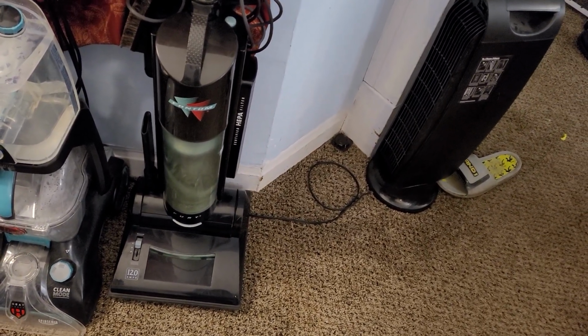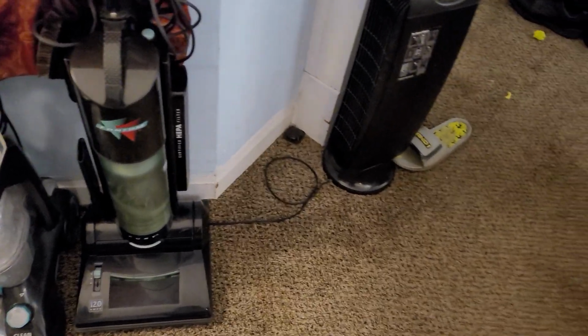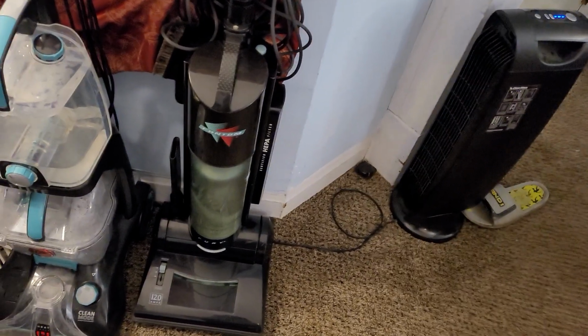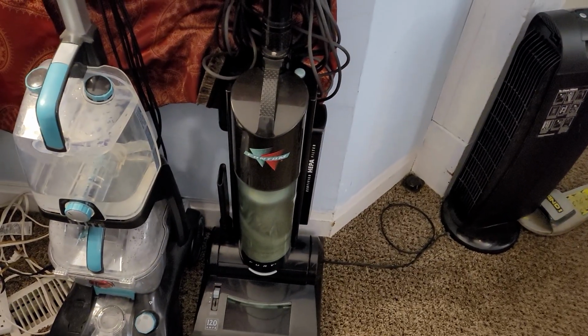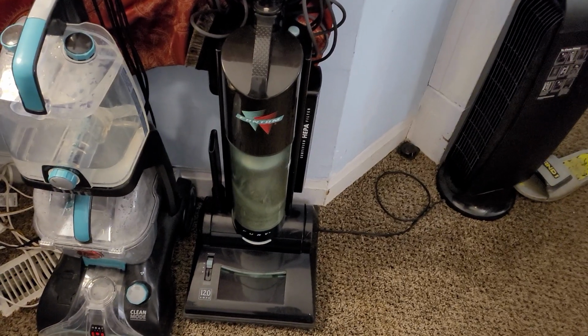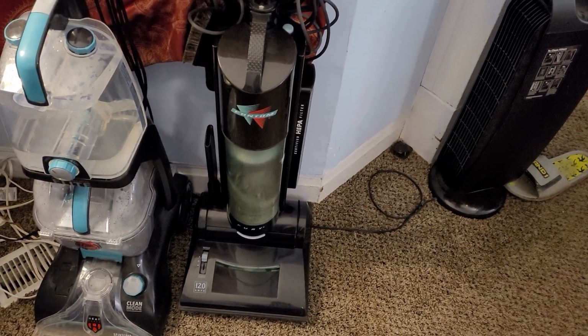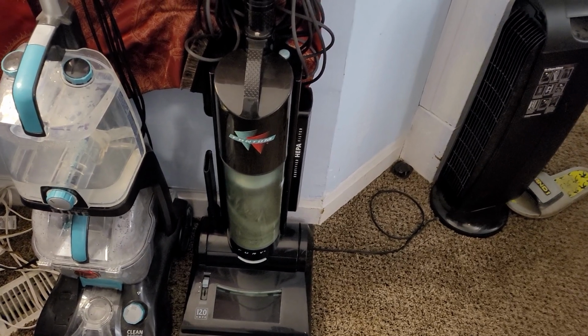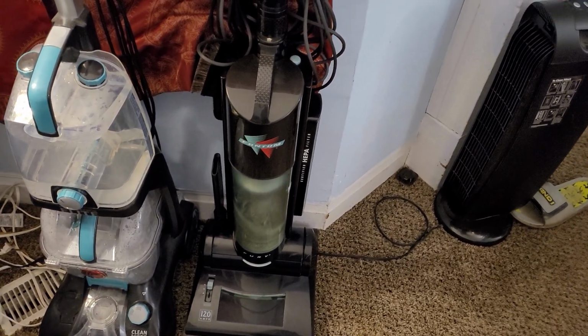For the longest time, it was the Sanitaire SL4110A. Then for a long time, it was the Dyson Ball Animal 3 and the Total Clean. And for a while, it was the Whirlwind Lightspeed. For a while, it was the Sebo G1. I've been fluctuating a lot. Right now, my daily driver machine for the last probably month and a half has been